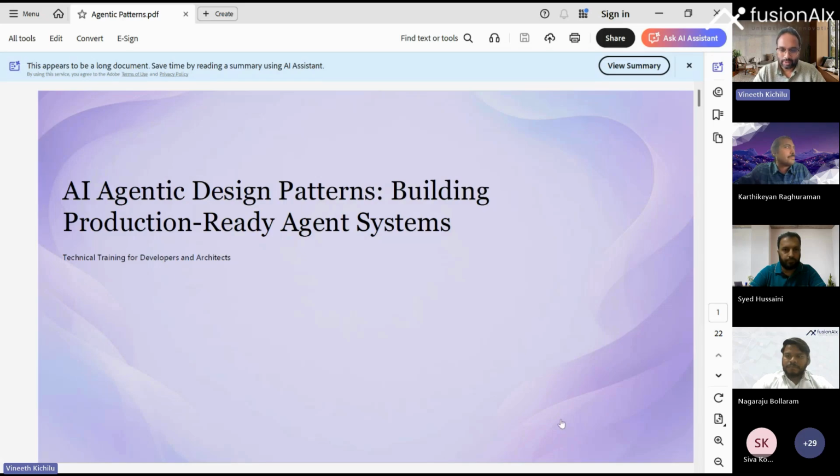So today's topic which we wanted to go through is AI agentic design patterns. And in this particular session, I wanted to go a step further. We already had some ready-made demos, but I asked Karthik if he can show something live getting built for each pattern. That'll be amazing, right? I think Karthik did try his best. Maybe he should be able to show. If not, we have a backup plan where we have already some agents which are in production using some of these patterns. We should be able to show you.